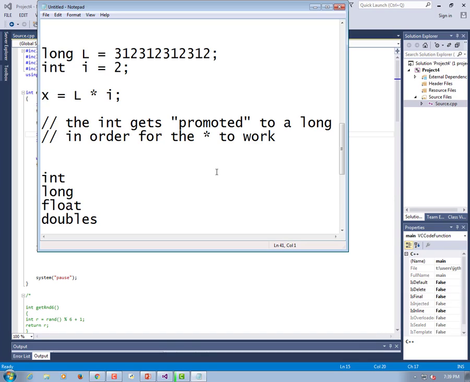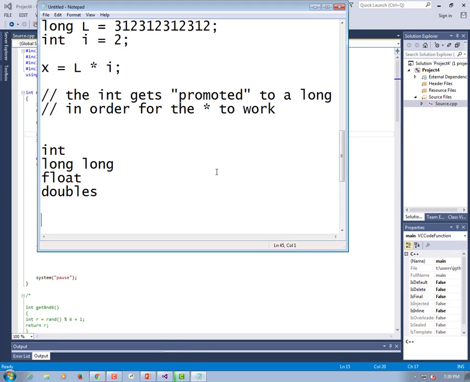And, well, for one thing, a long is the same thing as an int in this language. What if it was a long? I still believe that to be the case. But things get promoted. Doubles will not be converted to ints automatically. Floats will not be converted to ints automatically. Longs will not be converted to ints automatically because, again, if that happened automatically, you could lose data without being